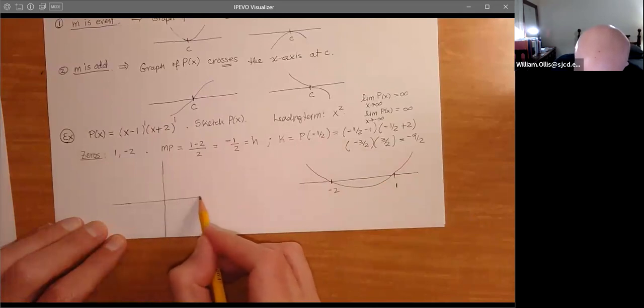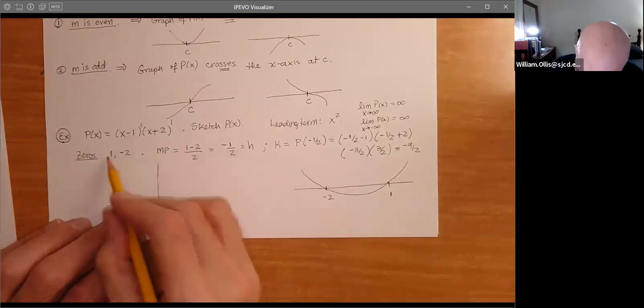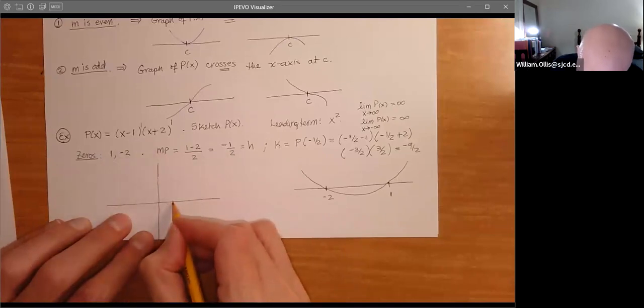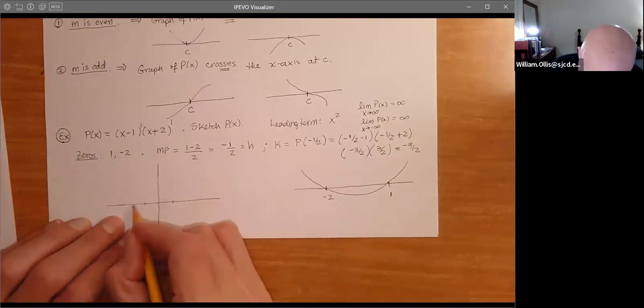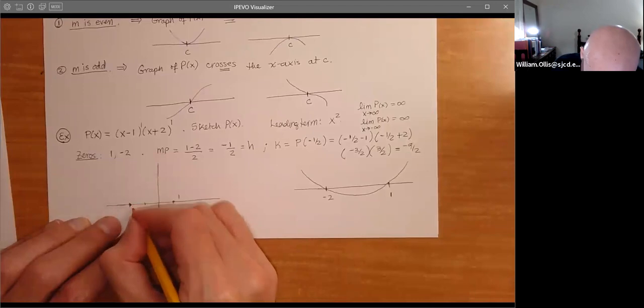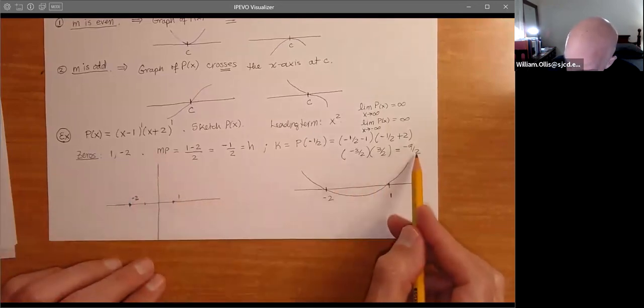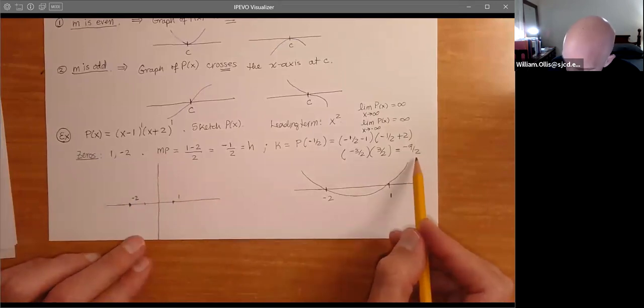So I'll just space this out so we can write it out. So we'll have what? Zeros 1 and -2. So we'll have a 1 and a -2. So go ahead and dot that. So we got 1, -2. And then of course we have a negative, and of course I'll have to do my scale a little